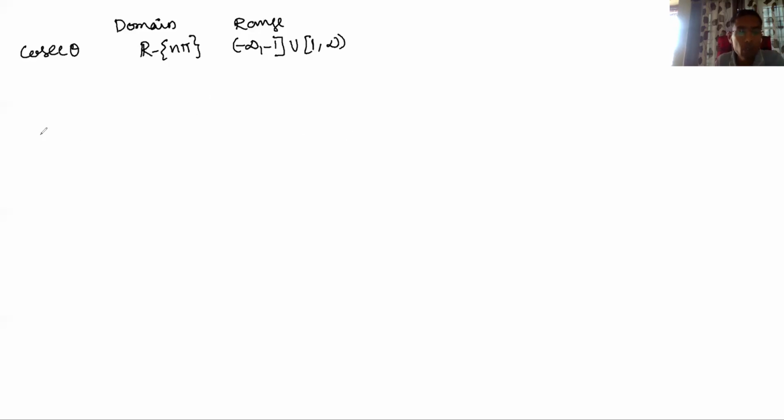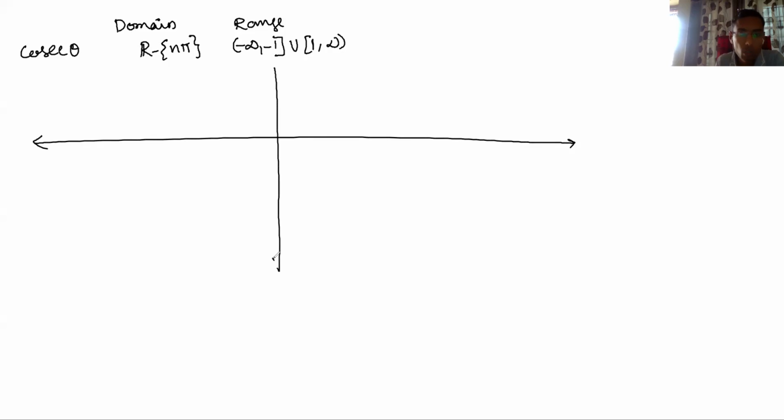So I was telling you this graph. I am drawing the same graph. So the graph will be like this. This is the y-axis, this is the x-axis. This I am taking as 1, and this I am taking as minus 1. So for pi by 2, and this is for pi, and this is 3 pi by 2, and this is 2 pi. Till 2 pi we will draw. So the sine graph will be like this. Again I am explaining, the sine graph will be like this.